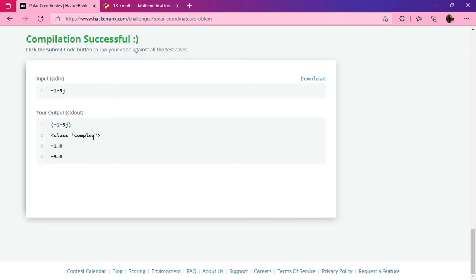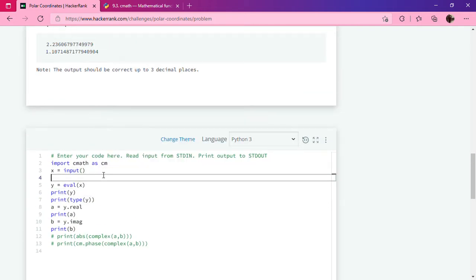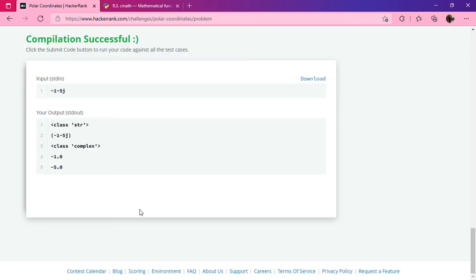So you can see class complex, it is now a complex, but when we print type x, it will say string. So we are taking input as a string and then converting it into complex.